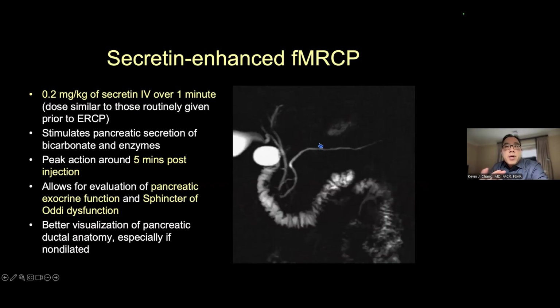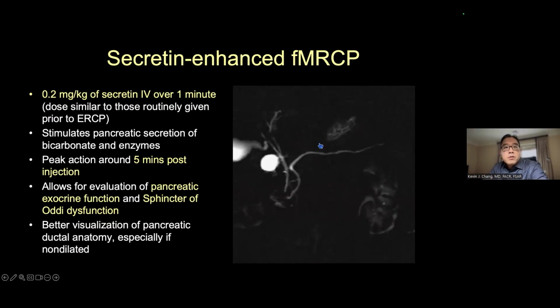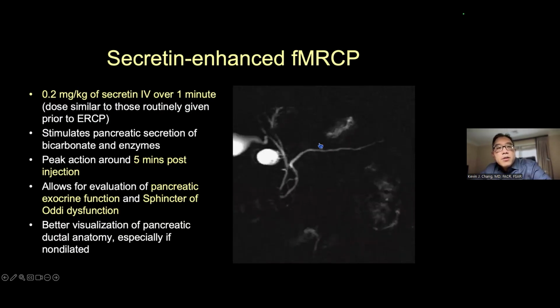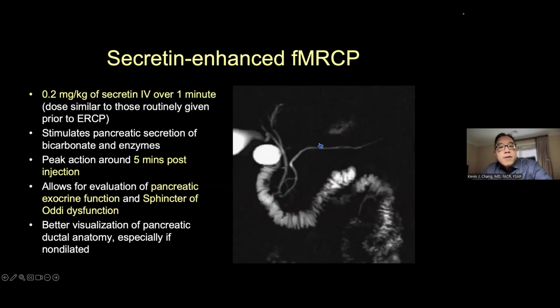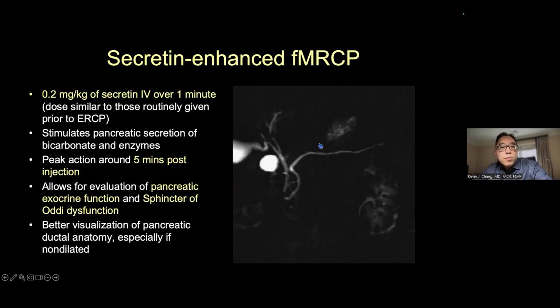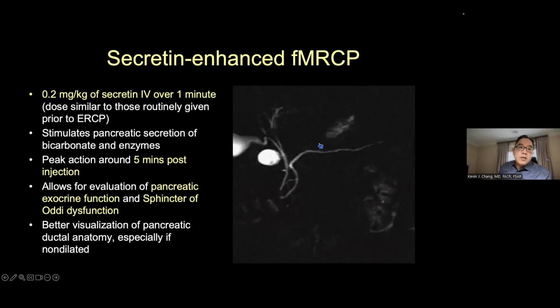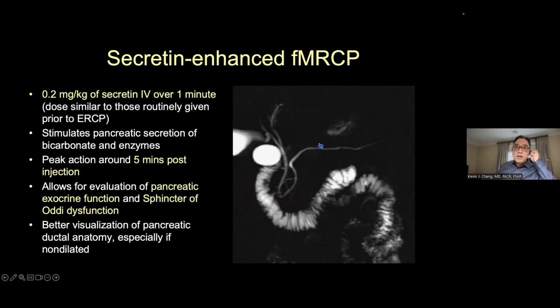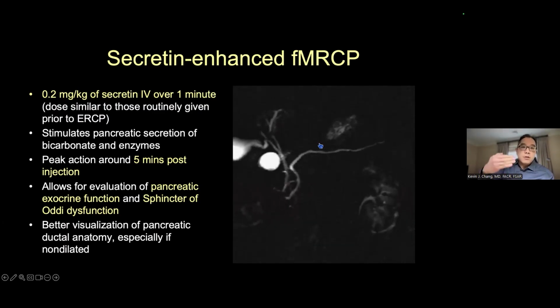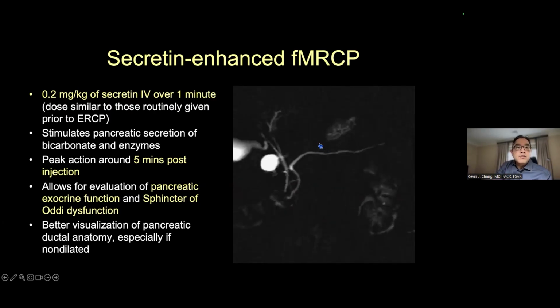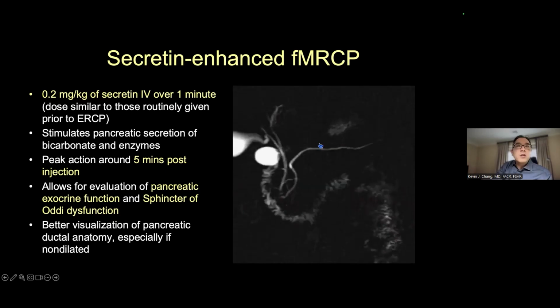last pancreatic function related topic I wanted to address was secretin enhanced functional MRCPs. We don't do a lot of these, but rarely we will get this request to evaluate pancreatic ductal function or to better visualize the pancreatic tree by stimulating it with intravenous secretin. So it's usually given as 0.2 milligrams per kilogram dose by weight, and you inject it very slowly over 1 minute,